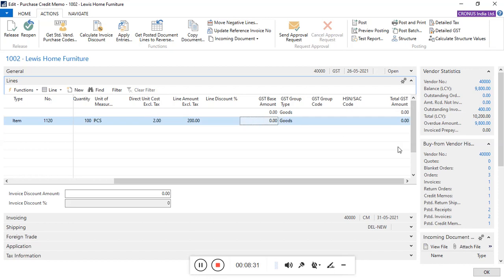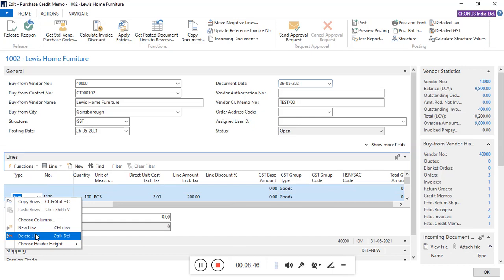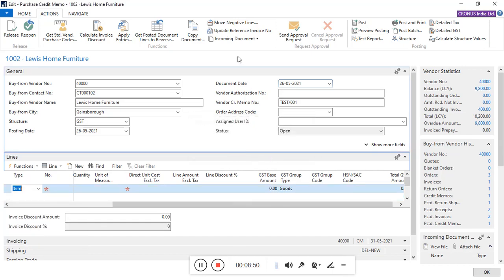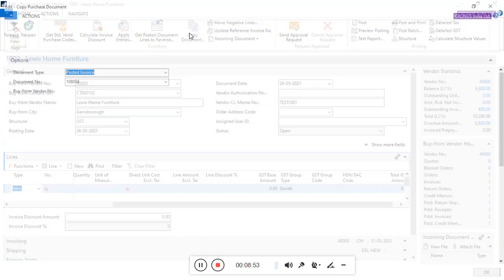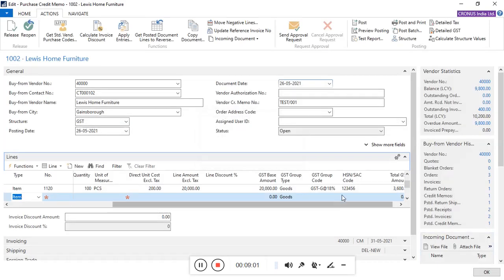Need to check, because I have clicked on the option of recalculating lines. That's why the system will not update it. So I need to show you the impact. Just hold on, and we are going to work it again. See, only include header, no need to click on recalculate lines. And what is the impact? See,